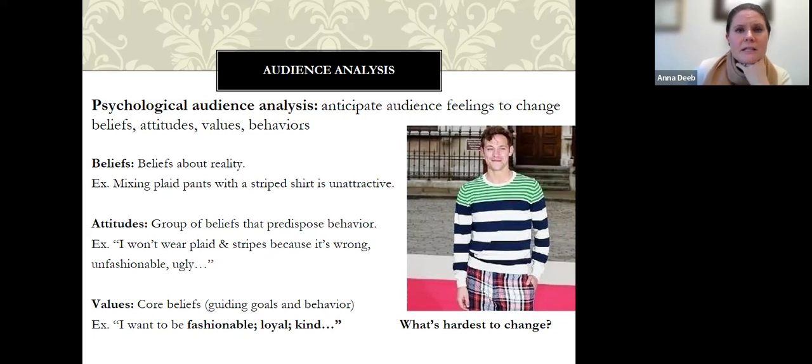These are our core beliefs. This is what we have developed over a lifetime to guide our goals in life, our behaviors. So, using this funny example, I would say, well, it's a value to me to be fashionable. Okay, so I'm going to dress in a way that I believe looks good. All right, but I also might value loyalty. And so my belief might be that it's wrong to betray a friend. So my behavior or my attitude toward friendship is going to be, I'll do anything to not betray a friend, right? You can see how values kind of guide our beliefs and our attitudes.